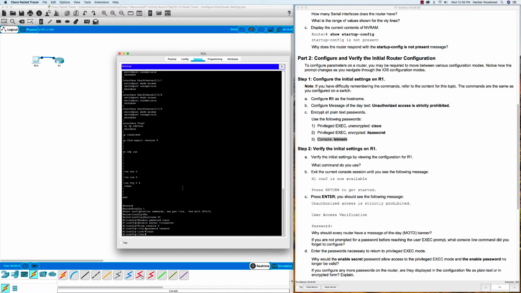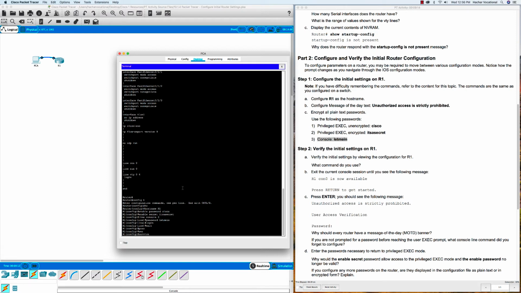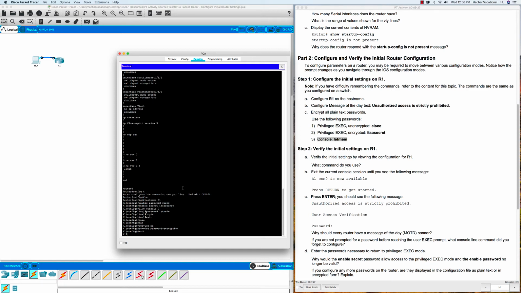Now, we're going to do what? We're going to encrypt all the passwords, right? Using the service password encryption command. First, we have to exit to go to the global configuration mode. And then we can type service password encryption, hit the enter key. So now we've encrypted all the passwords, current passwords as well as future passwords, right? So let's go ahead and exit